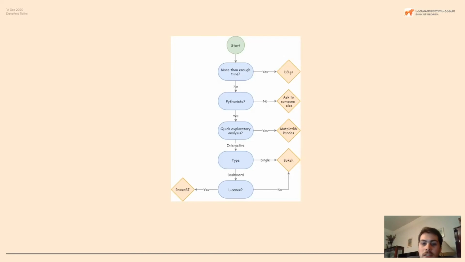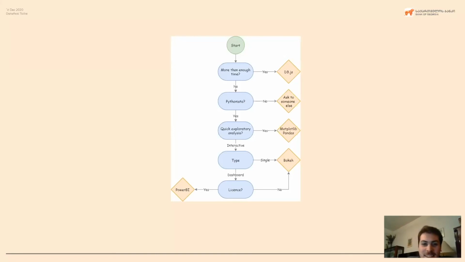But if you want some interactivity, matplotlib doesn't support that. And sometimes interactivity is essential. And if you want an interactive plot, it depends on which kind of plot you want to make. If you want a single plot or a couple of plots, a standalone document, you should use Bokeh. But if you want a dashboard, things laid out correctly and served over time, the next question is